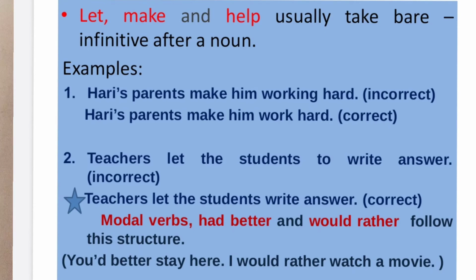That is correct. And another point here, which is very important, must be noted, must be remembered, that is modal verbs. All modal verbs: will, would, shall, should, can, could, may, might, used to, ought to, dare, need, must. All these modal verbs also take the bare infinitive. And remember, these are the auxiliaries, not the main verbs. But for better understanding, or to have the doubts clarified, to help you, I pointed this here.